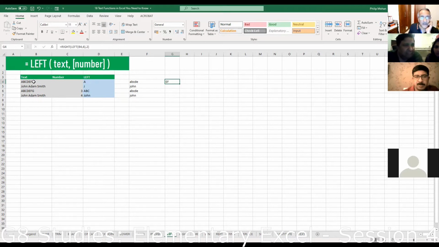Then from F, I want to take only 2 going to the left. So you can do left and right together. I guess you could do any combination. Why don't you all work it out and try a few things, including the mid. The only thing you need to notice is if you want EF, then right should be the outer function and left should be the inner function. If you do it the other way around, you'll get a different answer. If you do left here and right inside, you'll get a completely different answer.